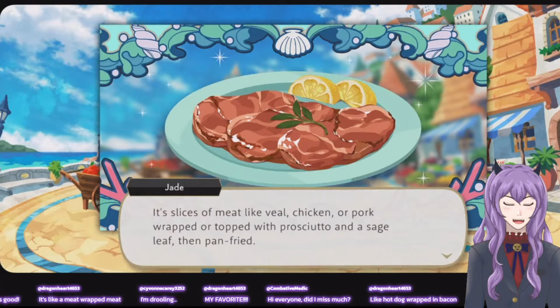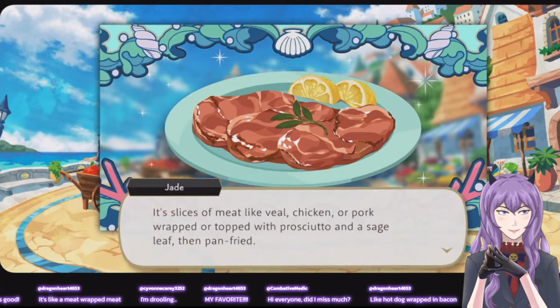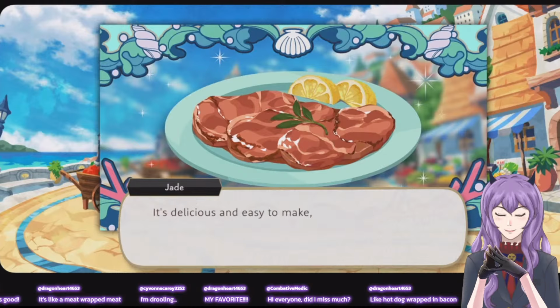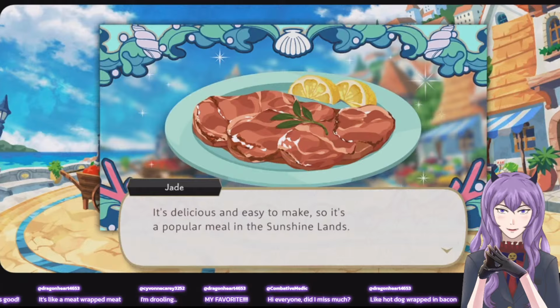I can't quite eat it. I'll just pretend. Delicious and easy to make, huh? I love when Twist introduces me to food I've never heard of before. Because I like to think I have tried a lot of international dishes, but this is new to me actually.